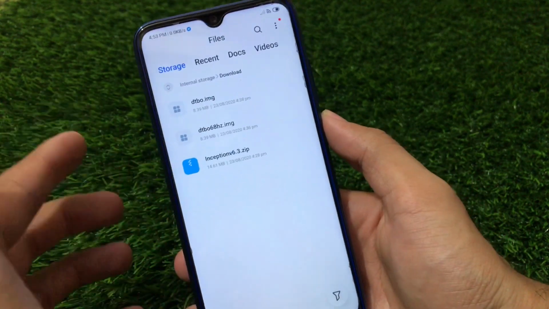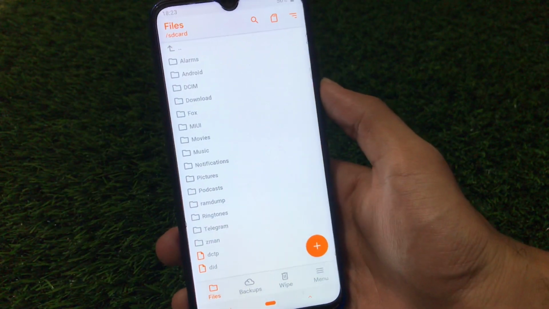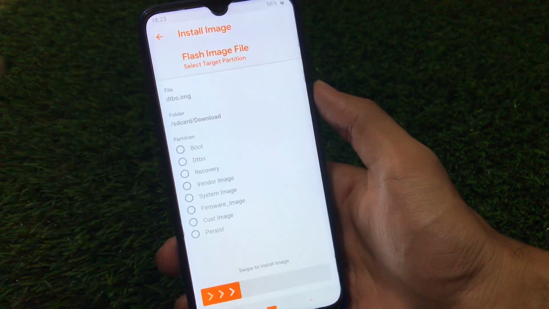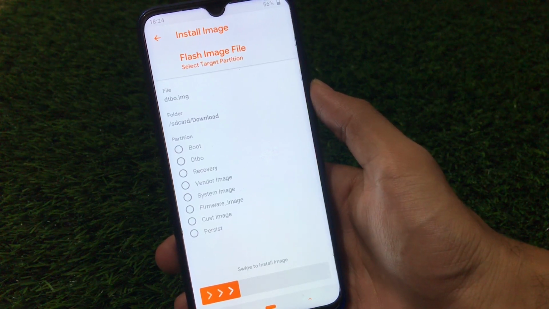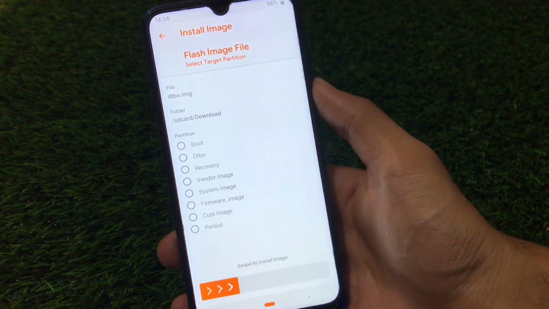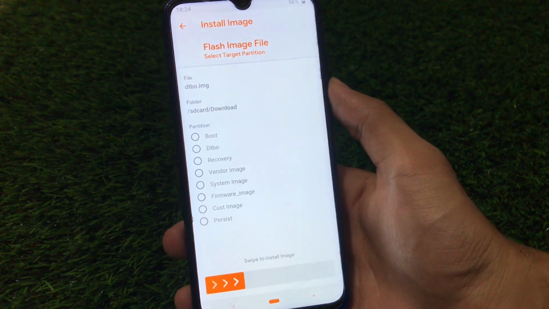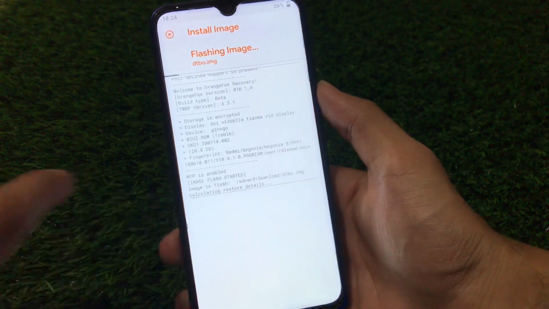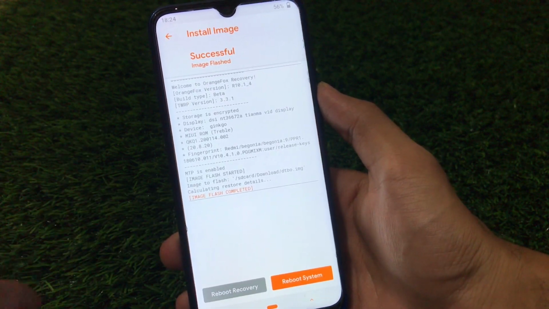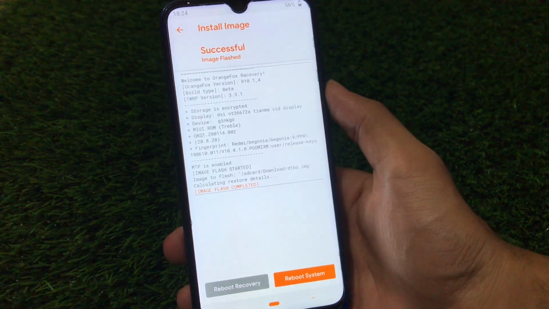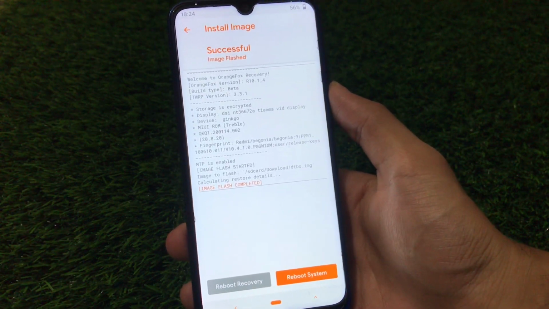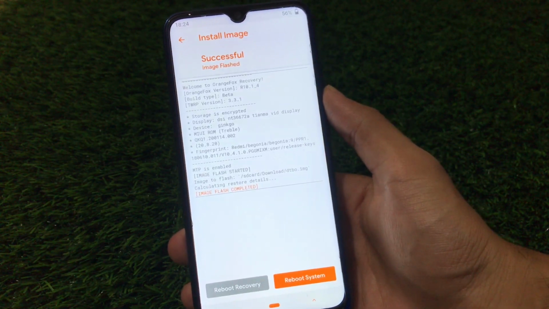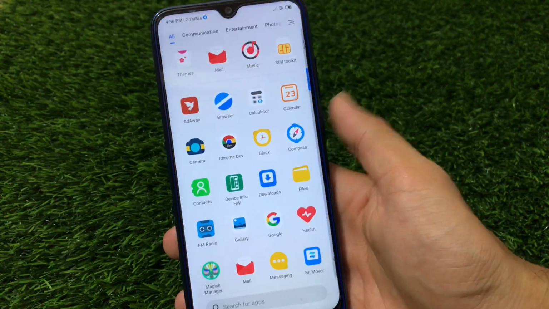Let me show you in brief once. So guys, after booting into custom recovery, just go here and select this dtbo.img file. Don't select the DTBO 68Hz, that was just for enabling the 68Hz, but now we have to use the 60Hz once again. Just click and select the partition DTBO, swipe to install image, and it's done. Now we have just restored the DTBO, which is the 60Hz refresh rate on Redmi Note 8. Let me reboot the system and show you that we have enabled the 60Hz refresh rate on our device. So guys, we have just rebooted our device.